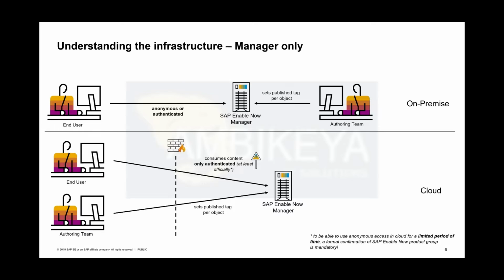You have an on-premise installed Enable Now Manager, whatever component, whatever edition, might be HANA, might be SQL, doesn't matter, which is installed on a server machine within the premises of the customer, within a Tomcat container, and the end user audience, the target groups, they access the content either anonymously or authenticated,